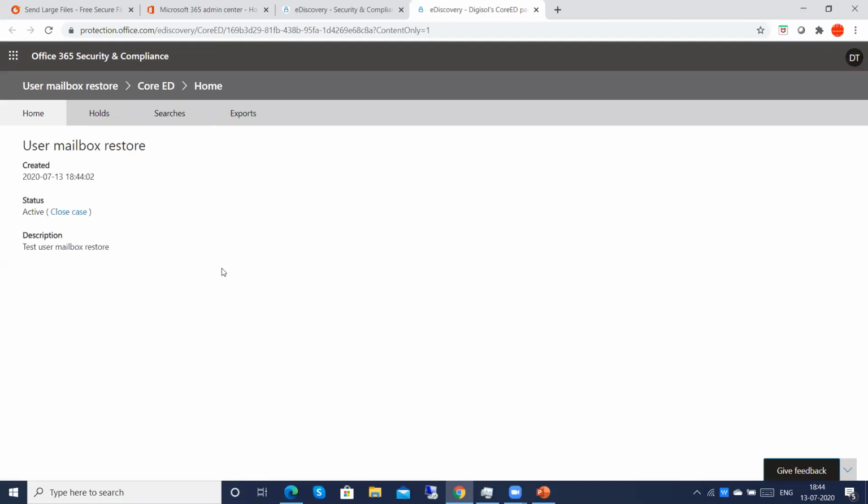Now it is getting loaded. See, I have created the case, user mailbox restore.